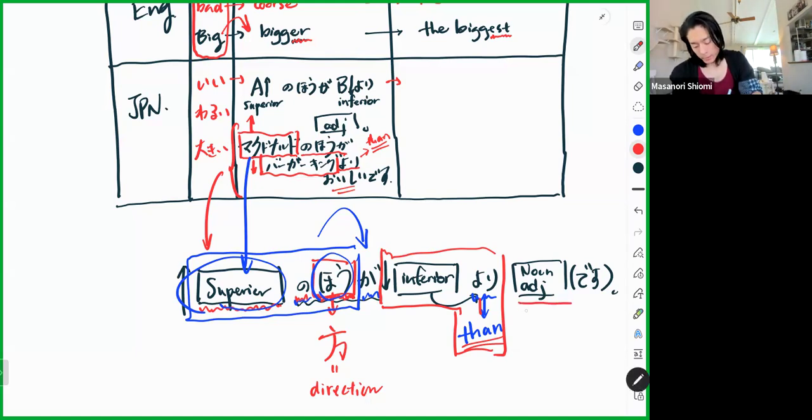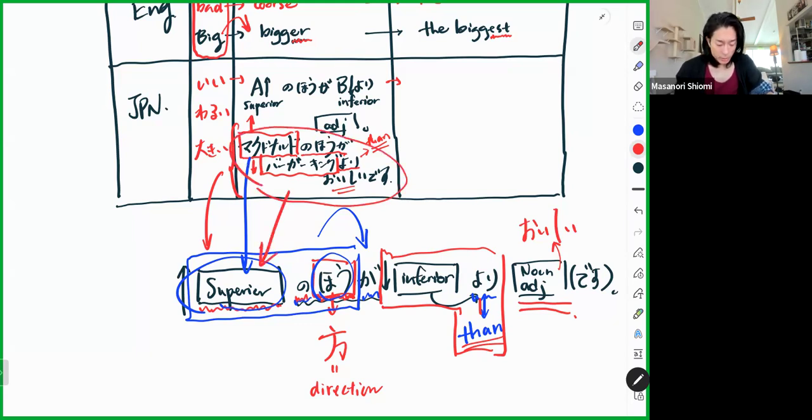And then whatever adjective or noun, right? So for example, let's use the adjective oishi. Literal meaning of this sentence that we just covered, マクドナルドの方がバーガーキングより美味しいです。Okay? Literal meaning will be,